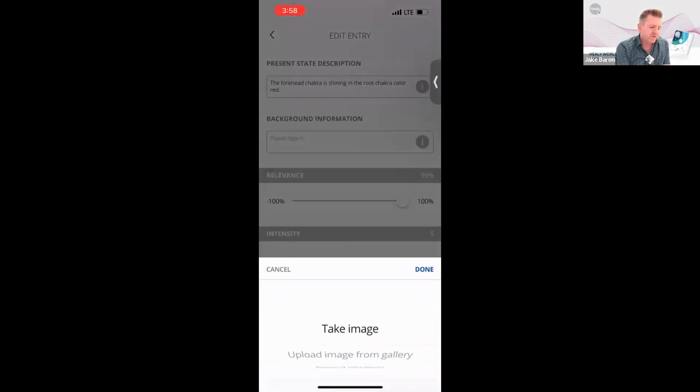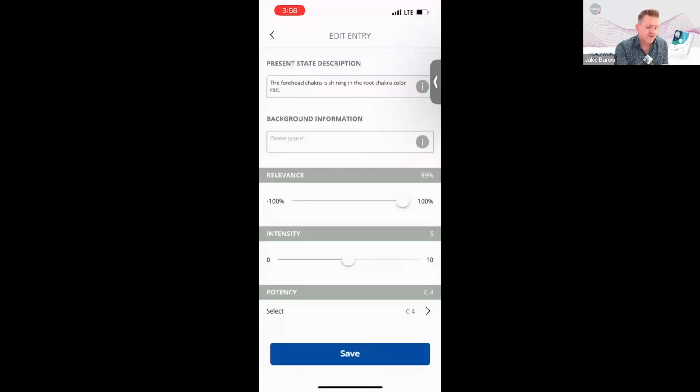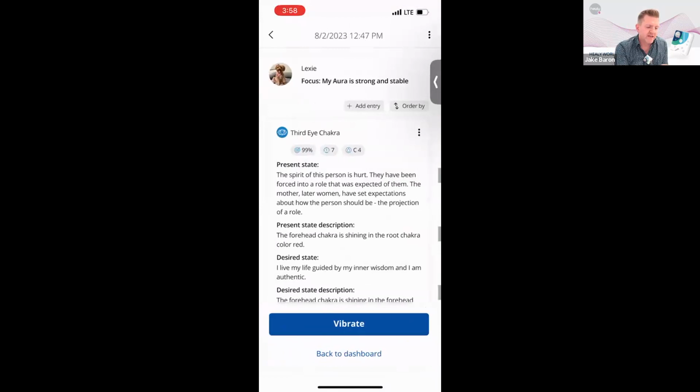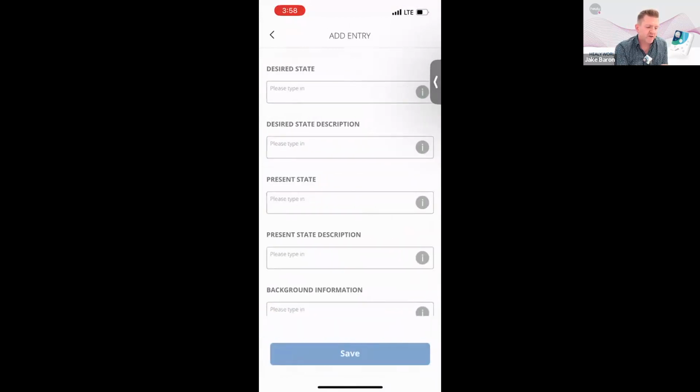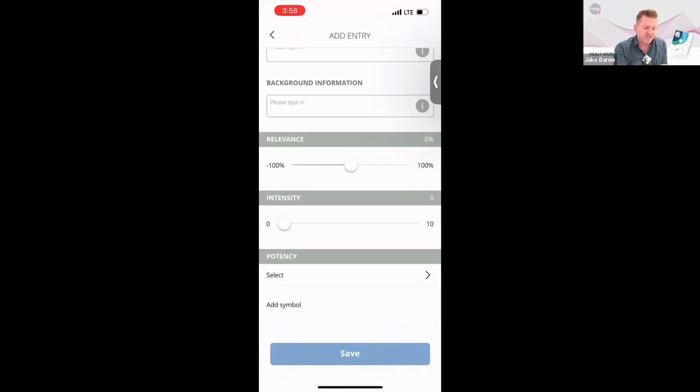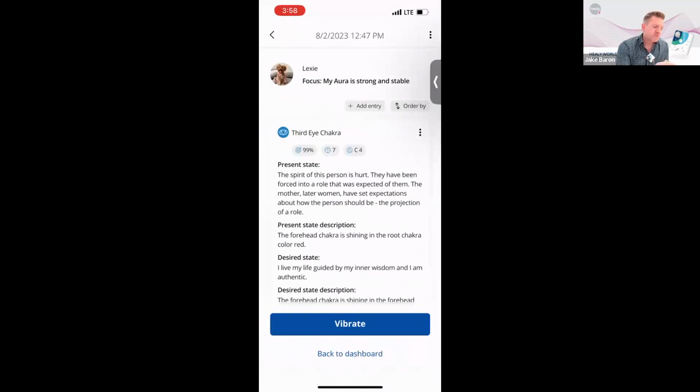And then where it says add symbol, you can take an image, you can add an image to it, or you can upload it from your existing gallery, or you can record the vibration for this particular section too. So you can do that with the edit. You can save if you want to save it, or you can also add a brand new entry as well. It has the same options available there too. Again, for those of us on this call that are Healy beginners, not Healy beyond, we might stick with just the results that are there. But there is the option to customize as well.